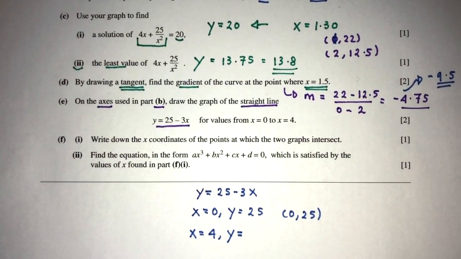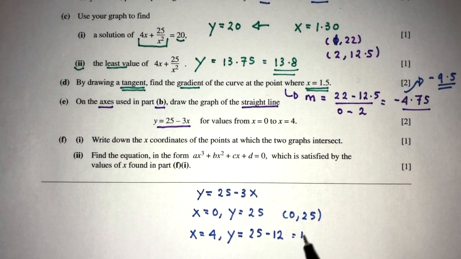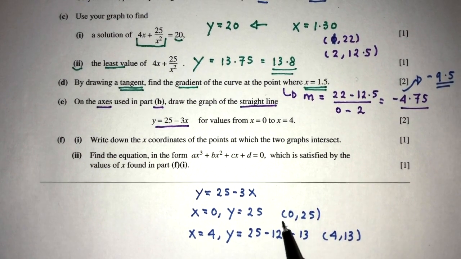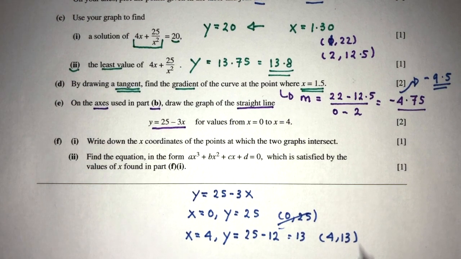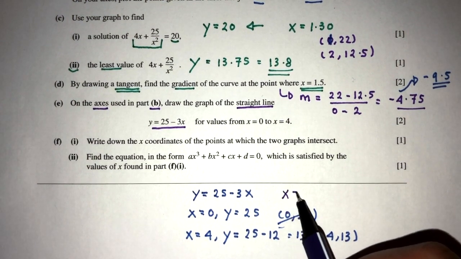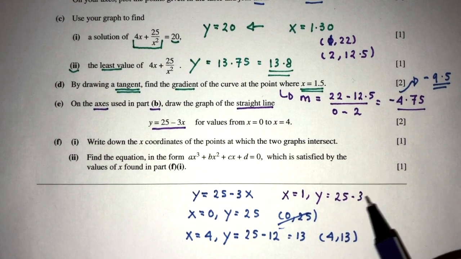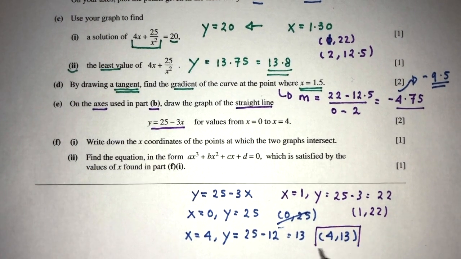So when x equal to 4, that will be 25 minus 12, that will be 13. So the passing point will be 4, 13. So let's change this one because we don't have 0 on the graph. I apologize. Let's choose another point. Let's choose x equal to 1. y will be 25 minus 3, and that will be 22. So that will be 1, 22. So now we have 2 passing points that we can use